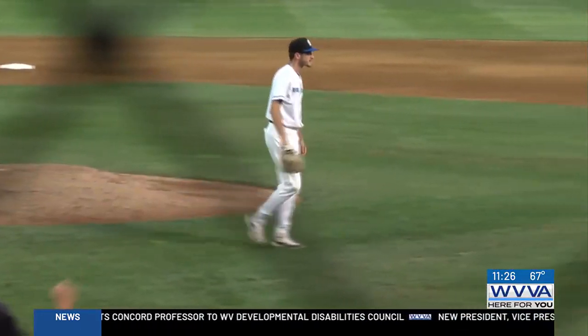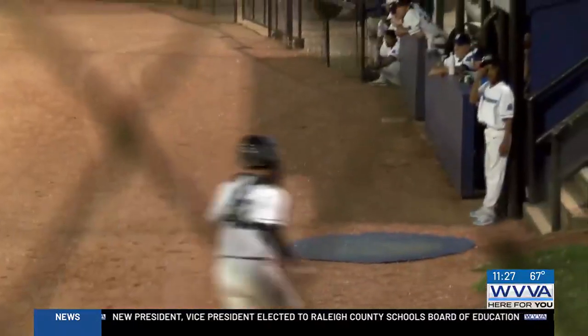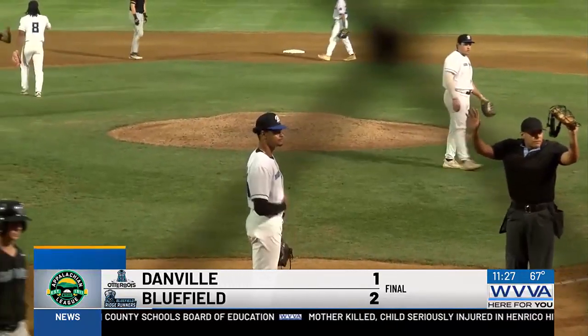He's hyped. He went four and a third without a hit, but after he was pulled, Danville will get on the board. Bases loaded, when the pitch gets away, Jackson Tyler scores, makes it a 2-1 game, but that'd be the final run. Bluefield takes the doubleheader split, winning game two 2-1, staying 1.5 games back of Danville for the Appy League East lead. Now